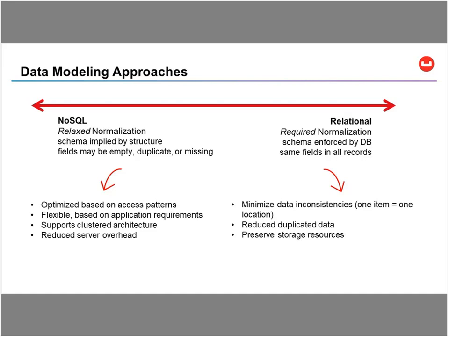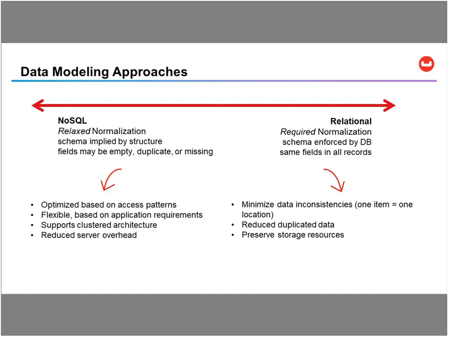NoSQL is mostly good for your high performance data needs. It's a scalable data store. The documents can be stored, and the structure for these documents is pretty flexible. You don't have to worry about normalization of your data. You can just group your information in a single doc,